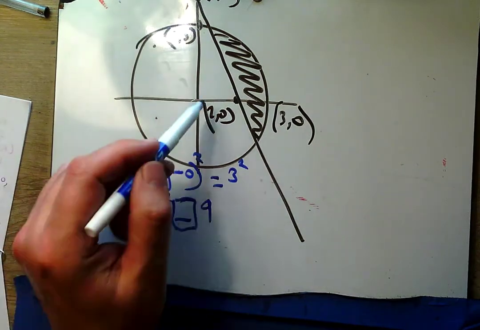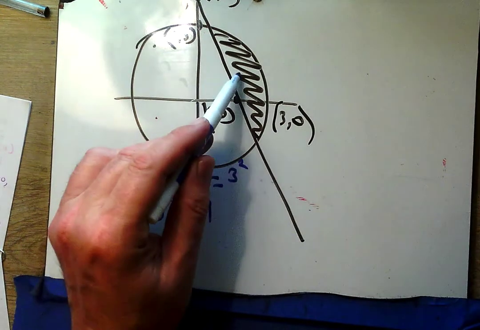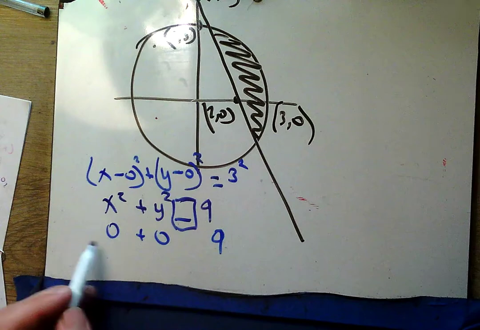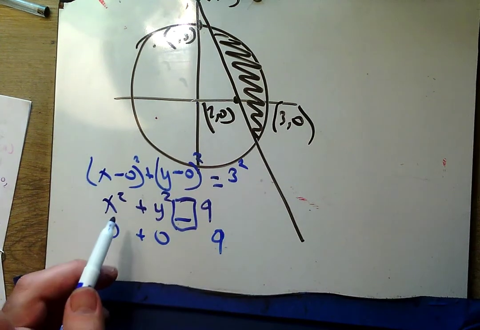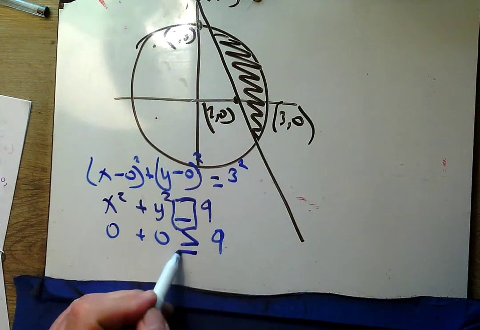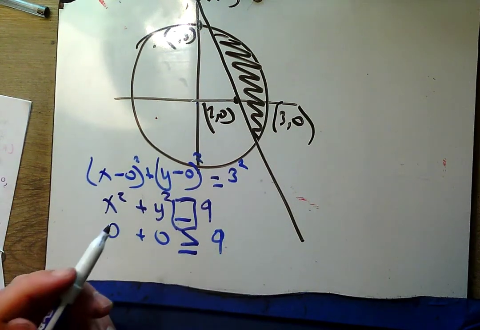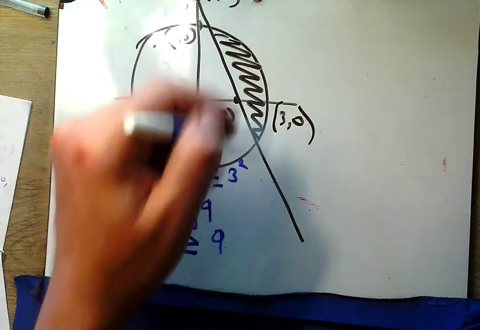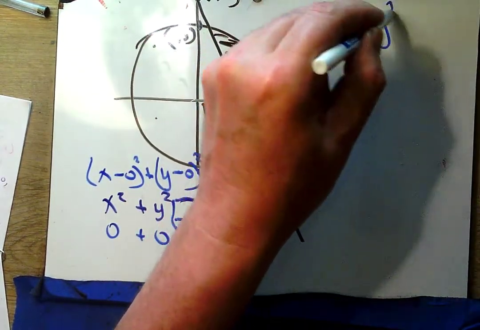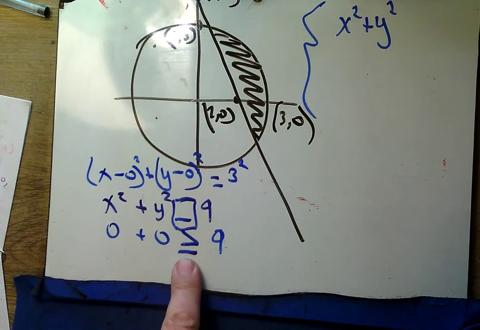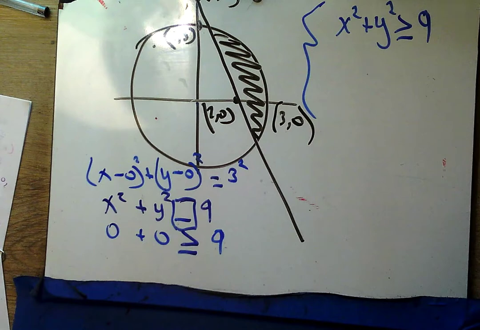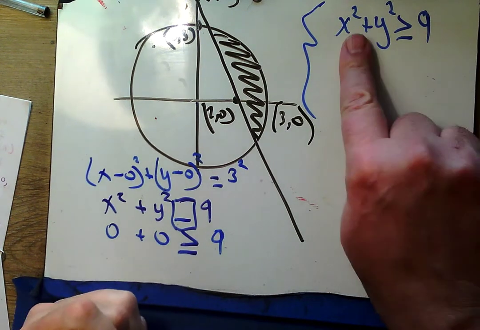Well, 0, 0 is not a solution. It's not in that shaded region. So when I plug in, this answer should be no. So if I say that 0 is bigger than 9, yeah, I'm pretty comfortable saying no. So then the first inequality for my system is going to be x squared plus y squared greater than or equal to 9. Okay, so when I plug in 0, 0,